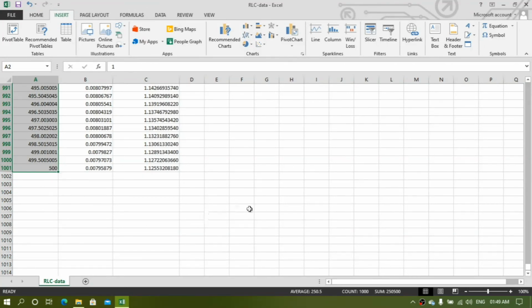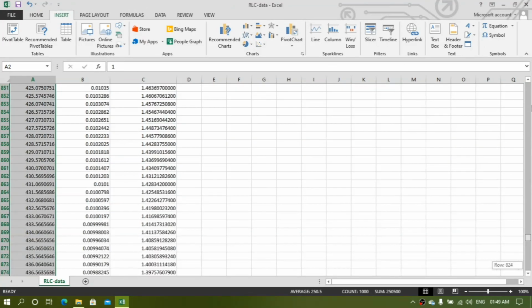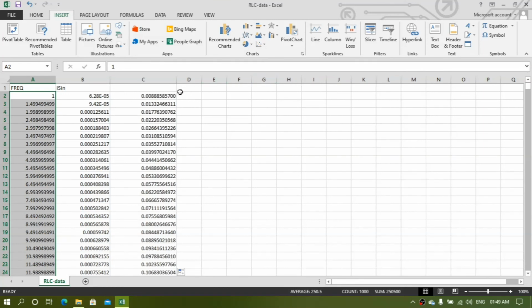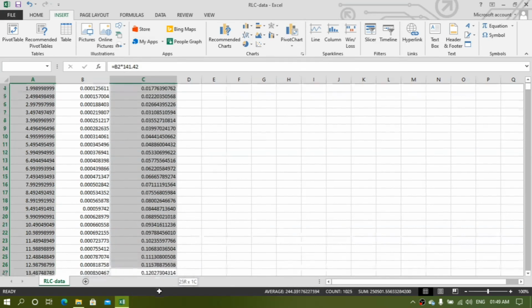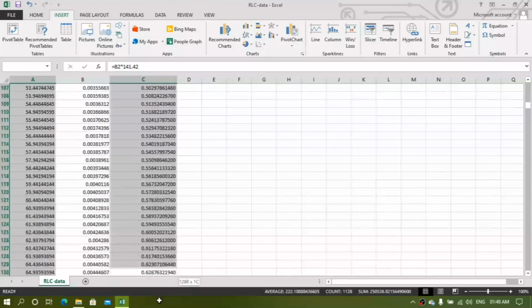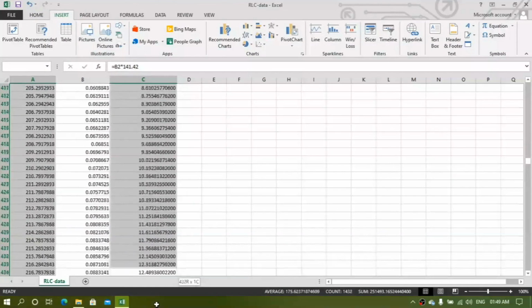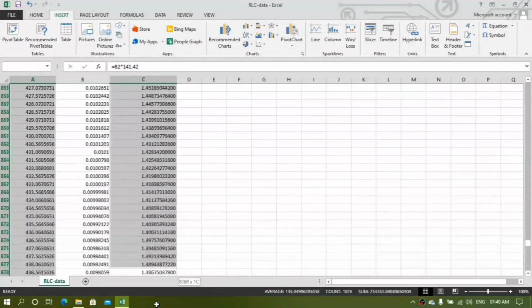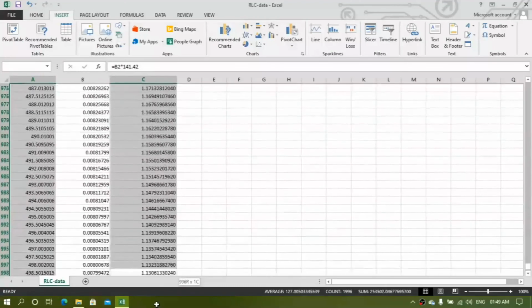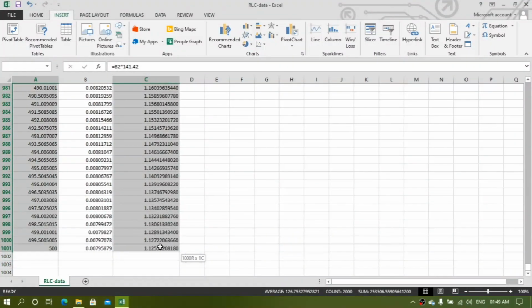Okay, now go to the top and select the peak current column. Okay, it's almost finished. Okay, fine, we did it.